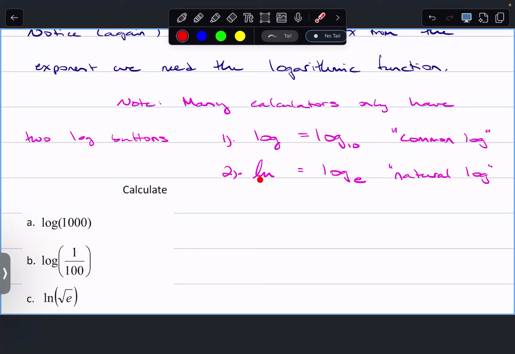In fact, just as a heads up, the natural log, or ln, some people call it ln. I have a hard time doing that. I try to, but for me, this is the only log. And so sometimes I just call it the log, or usually I just end up calling it the log. I'm going to try to rein it in a little bit, but often if I say log, I mean the natural log.